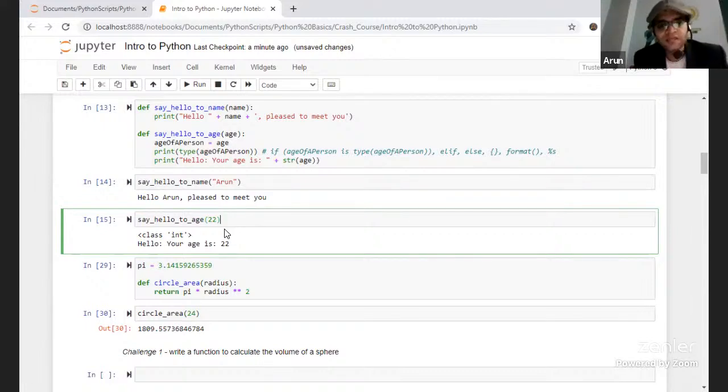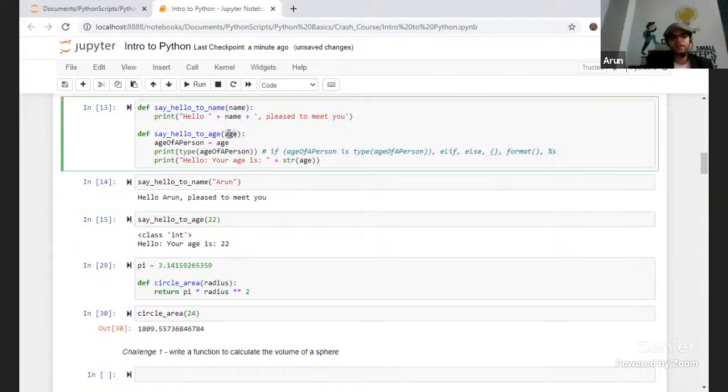So what I did, I passed a new value, and then it re-executed and gave the correct output. So now it is: hello, your age is 22. Now when you pass this back over here, it understands that age is of data type integer, and then assigns it to age of person.